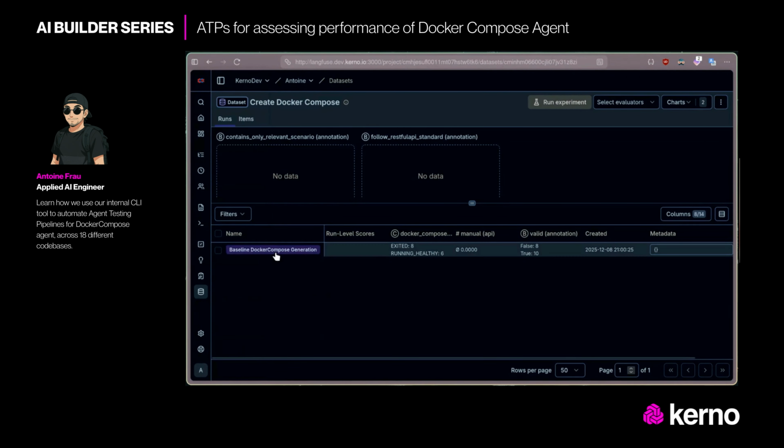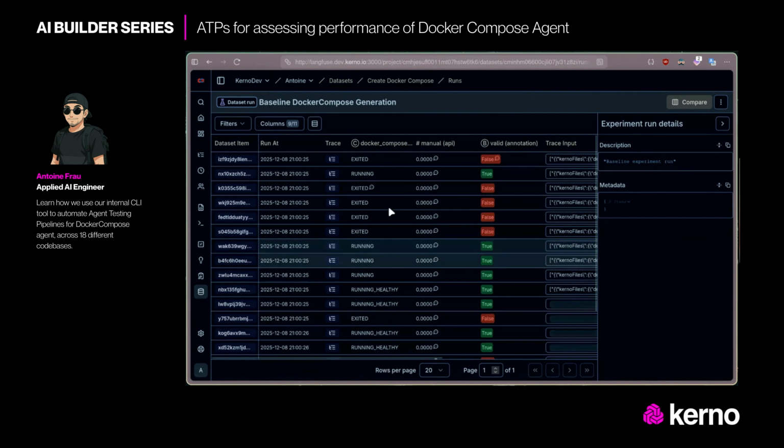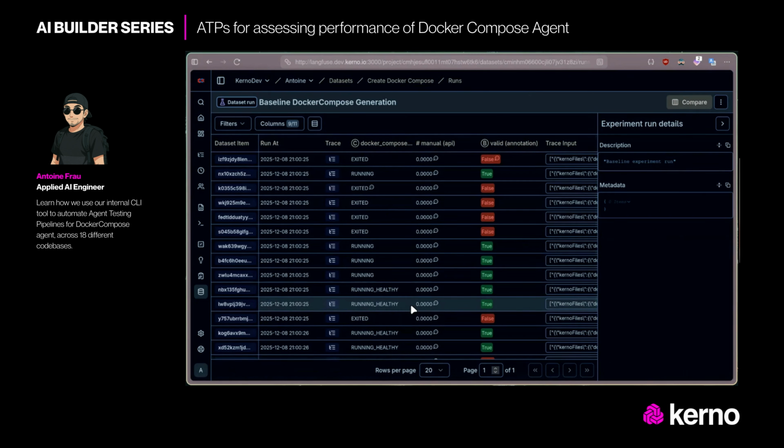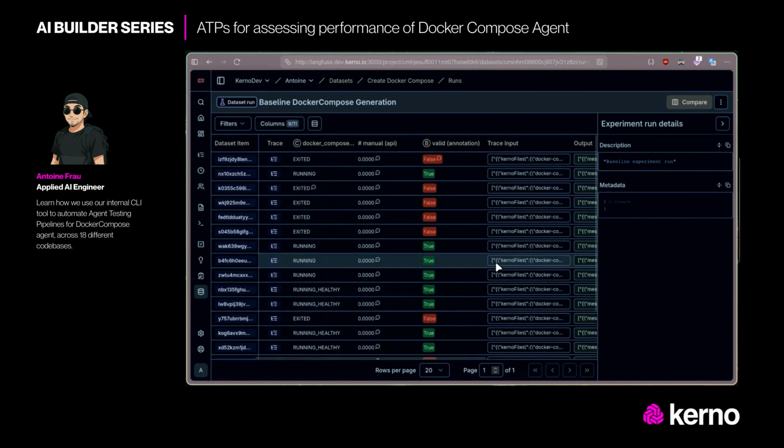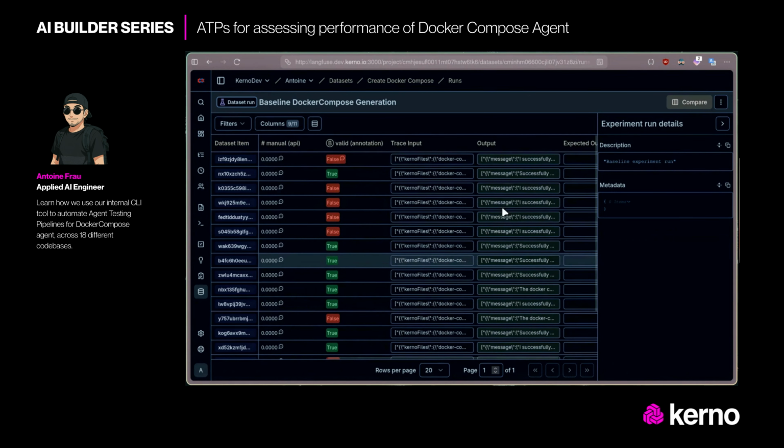Note that running this took 8 hours. Running 18 Docker Compose took 8 hours on my side, it was like all day waiting for that. That was very painful. But after it completed, I was able to annotate each of those traces, and in the output of those traces,